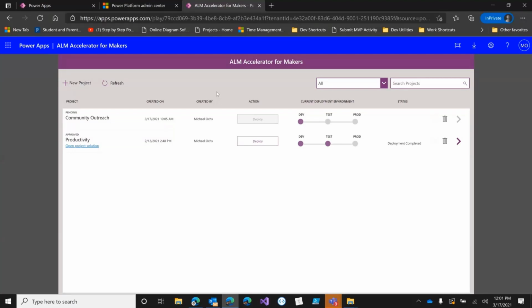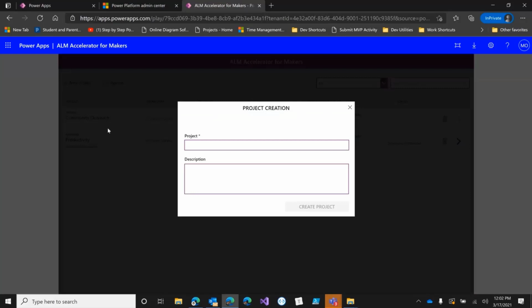So the first one, the one we're looking at here, is for that business maker persona. And the idea behind this is that the business maker may or may not understand solutions. They probably don't understand how to do deployments and source control their work, but they want to get started with building something. So in this application, the user would go in and they would create a new project, and they would say, this is my community project, right? Give it a description